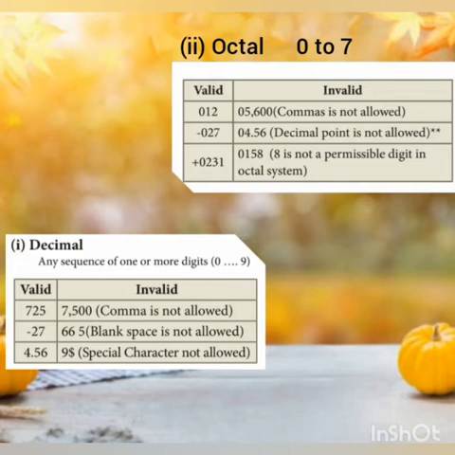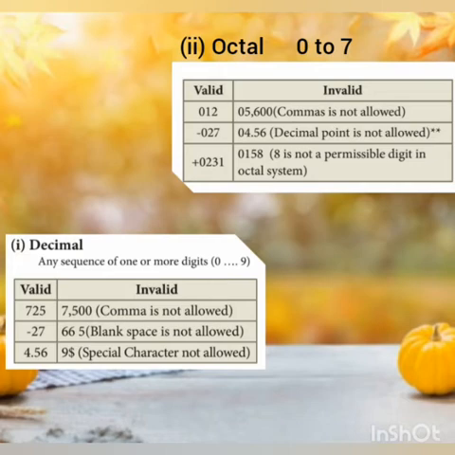The next example is 4.56. If you assign 4.56 as a decimal integer constant, the compiler will accept only the integer portion of 4.56. Which is the integer part here? 4. The first part is the integer part. The remaining part .56 is considered as the fractional part. So the decimal integer will accept only the integer part, that is 4, and the fractional part will be ignored. Then $9. Here dollar is a special character, so this is considered as invalid.